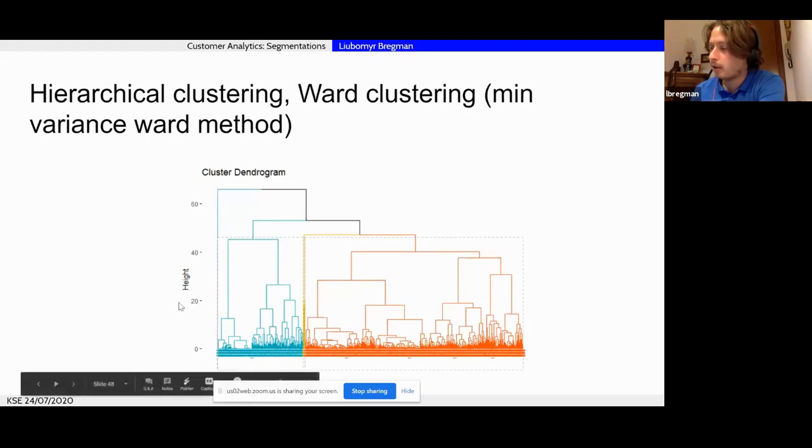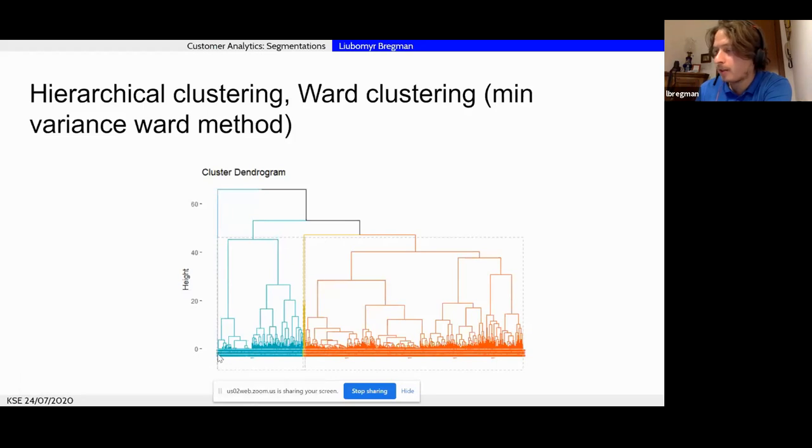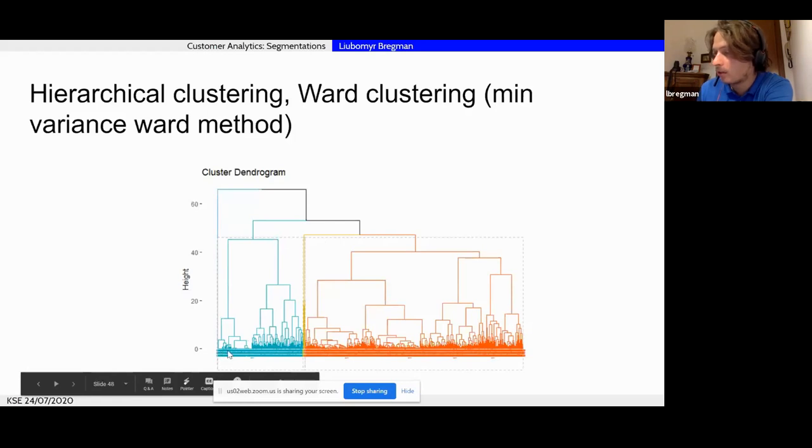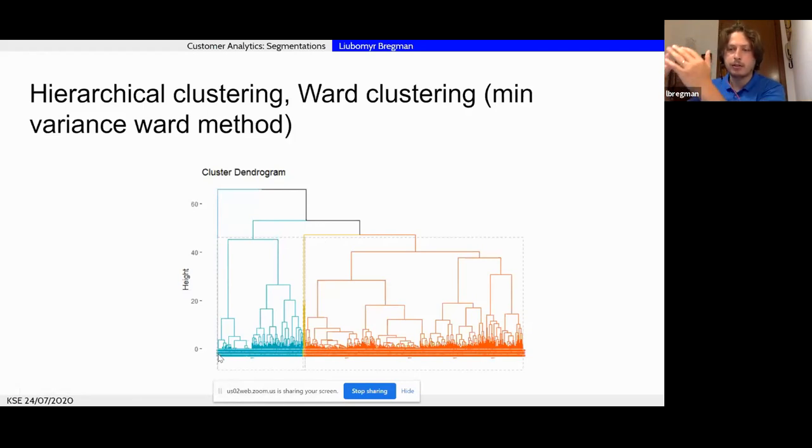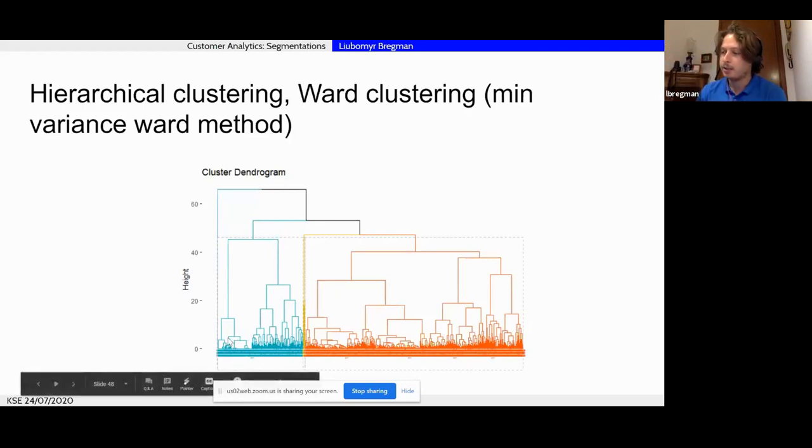So for example, this visualization here is called a dendrogram. On the bottom line of this dendrogram is each specific observation. It's hardly visible on this level, but each is merging with the next neighbor, then merging with the next neighbor, merging a few clusters together, and this merging of clusters goes to higher and higher levels.